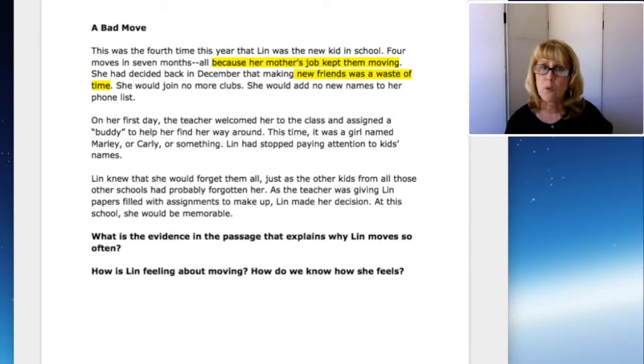So to begin, before we start reading, we always have a little discussion, a little prior knowledge, a little prior understanding, some connections. It helps children to remember a story and understand it if they have some connection to it. So since this is a story about a child that is moving to a new school, it would be very easy to have a discussion about what it's like to go to a new school or to have students come to your school, making new friends, how difficult all of that is. And what students have thought about that, then when they read the story, they make a little bit stronger connection